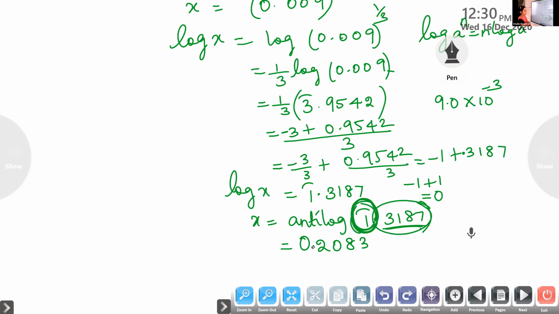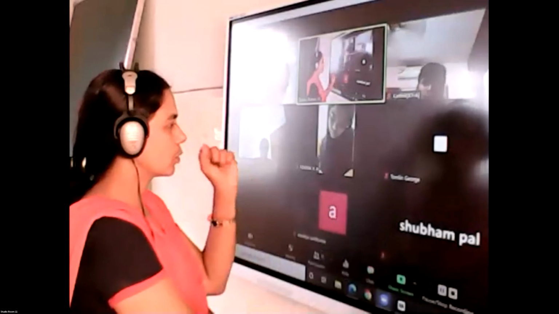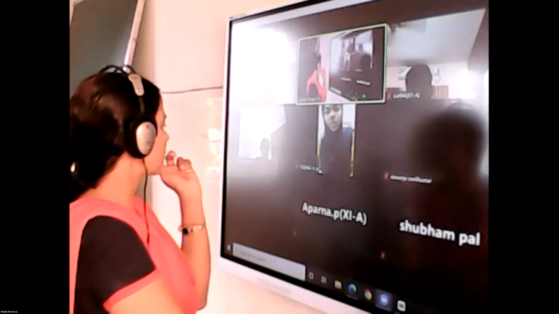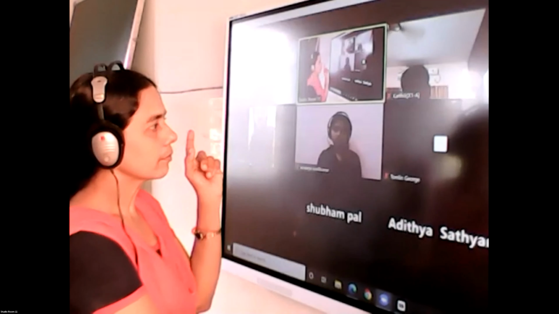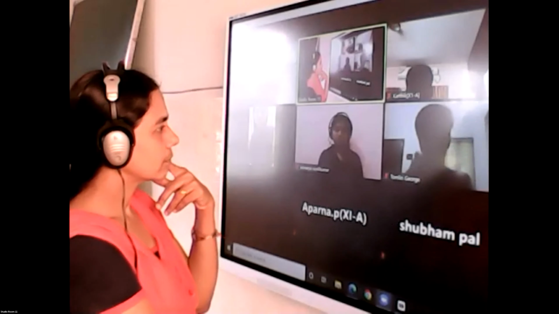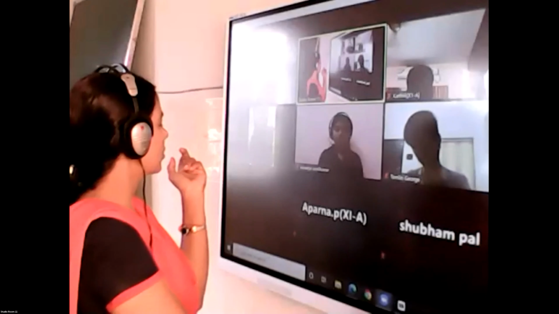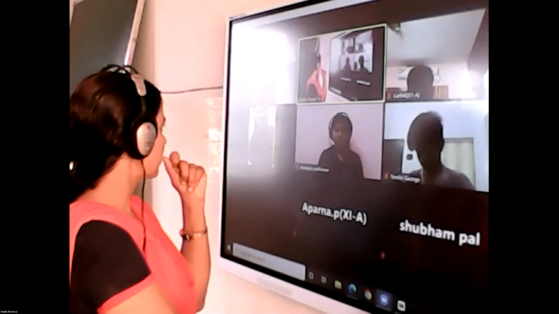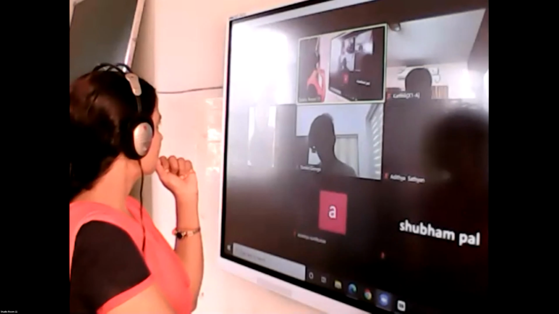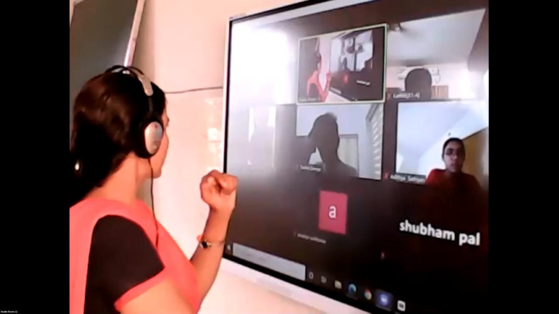Is it okay? Only a few questions we are going to learn in this method, but understand how to take log and antilog. This one, is it okay? Femina, Aditya, Satyan, how we did that, is it clear? Femina, yesterday you were absent, isn't it? Do you understand how to do that one? Now let's do one more question so you'll understand.